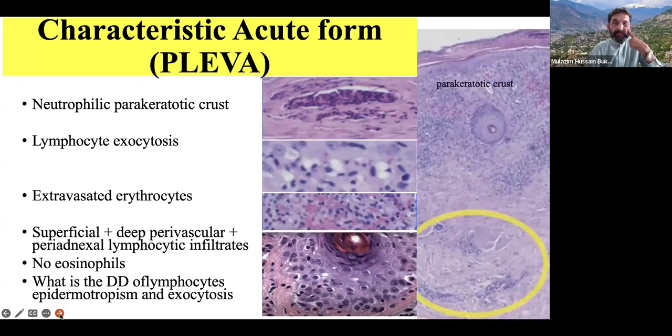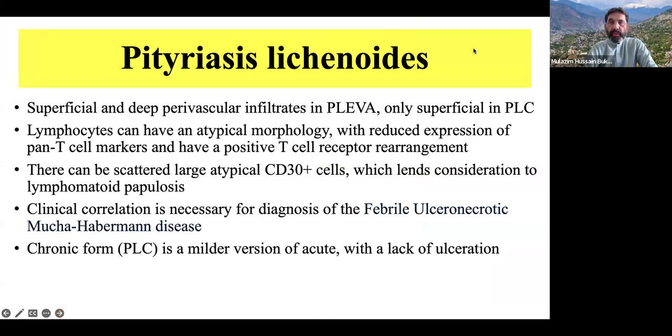This is the same picture. Once again, I am trying to show you. Parakeratosis. So this is the deeper picture. This was pityriasis lichenoides. Some MCQ questions can show a superficial and deep perivascular infiltrate present in the acute form of pityriasis,